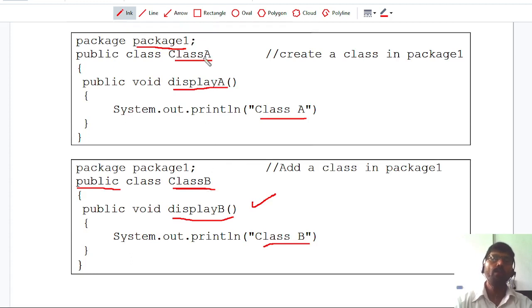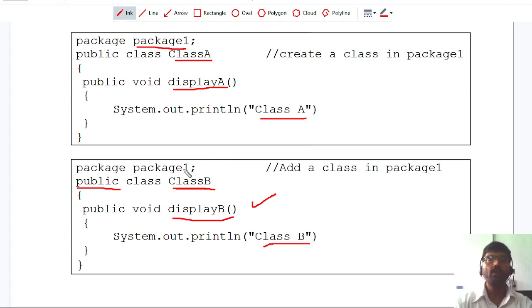Now I have to create two Java files. One is classA.java, and I have to store that file in a folder called package1. Folder means directory here. I have to create classA.java and store that in the package1 directory. In a similar way, I have created one more file called classB.java and stored it in the same directory, package1.